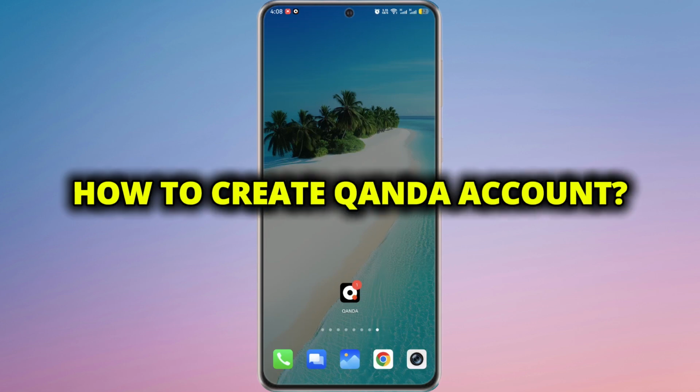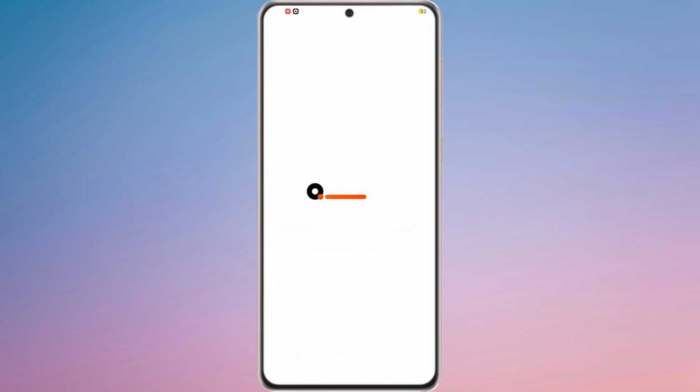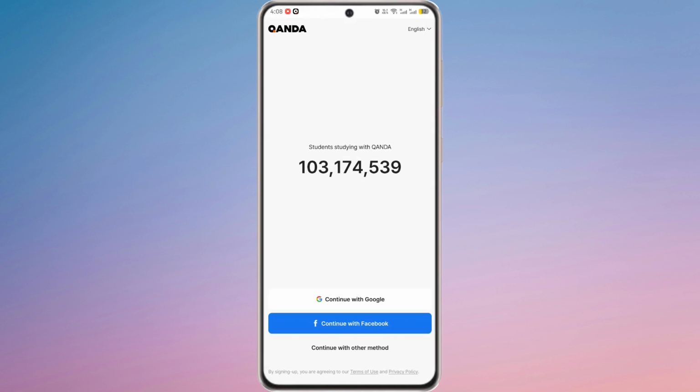How to create a QANDA account. First of all, open the app on your device and wait for the home screen to load. On the screen, you will see multiple sign-up options including continue with Google, continue with Facebook and continue with other